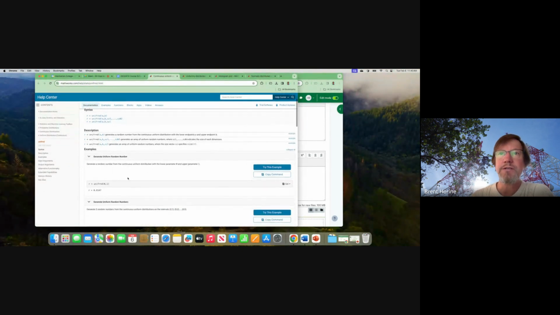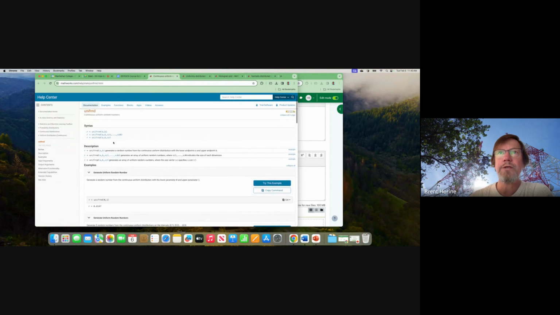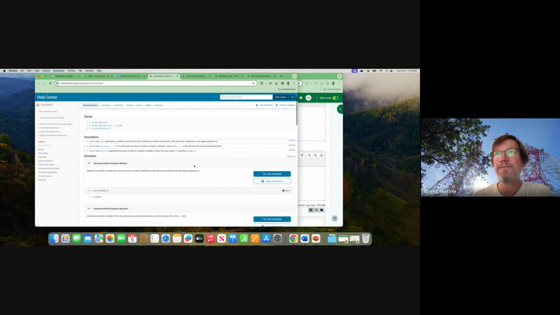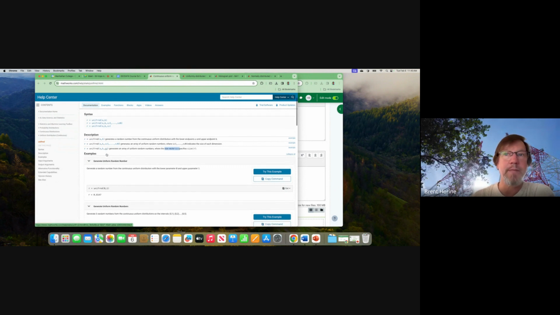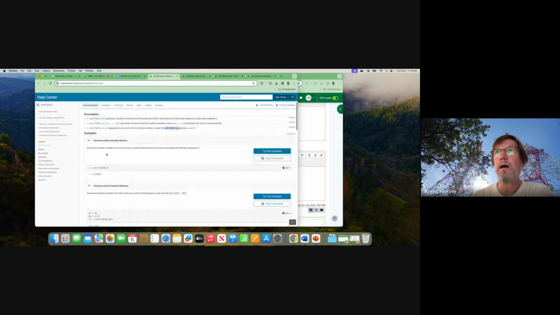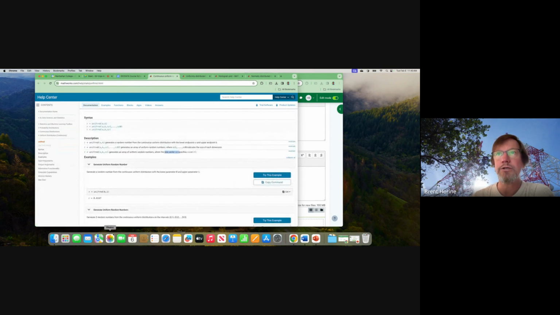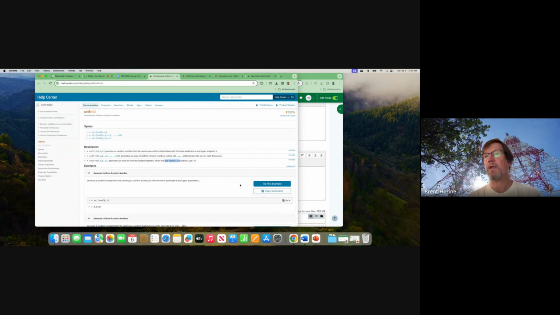By default, when you provide the size, MATLAB gives you a matrix, even though they say they give you a vector here. If you just put in a 10,000 here or 1,000, it's going to give you 1,000 by 1,000. So what you can do is create an array that